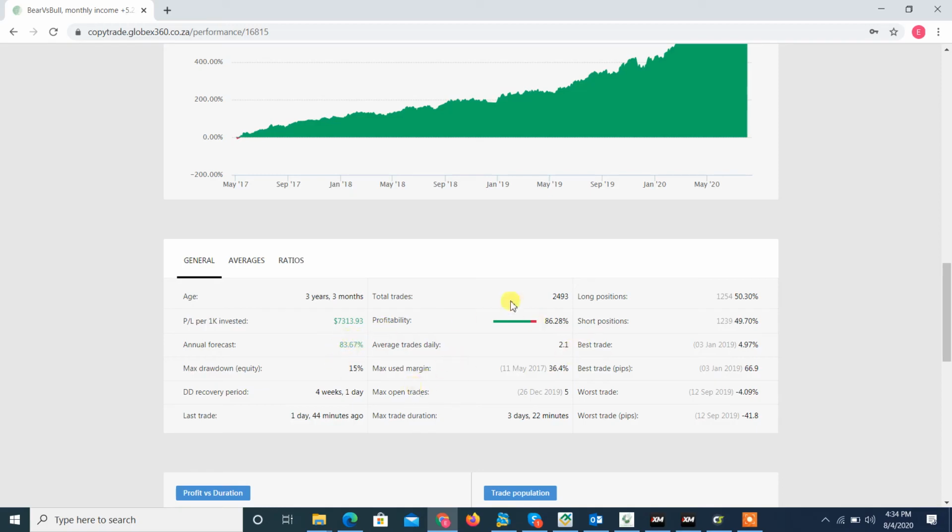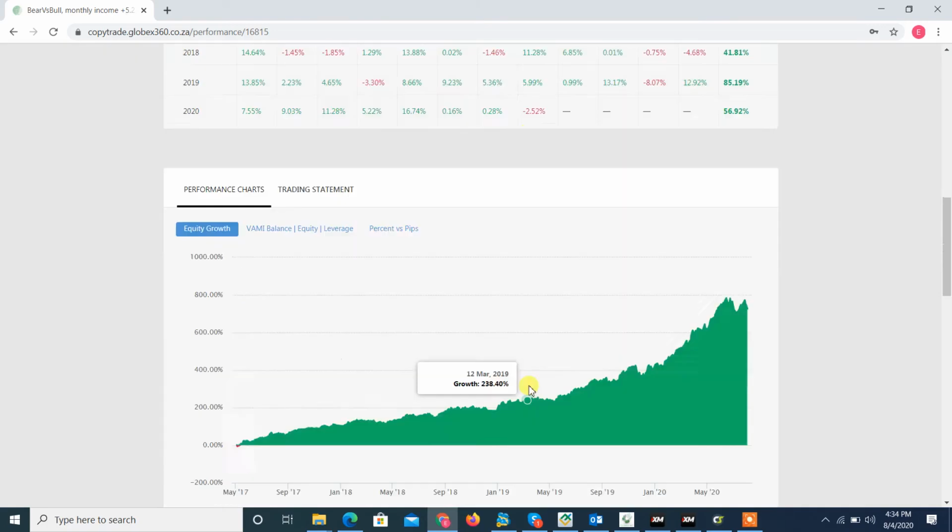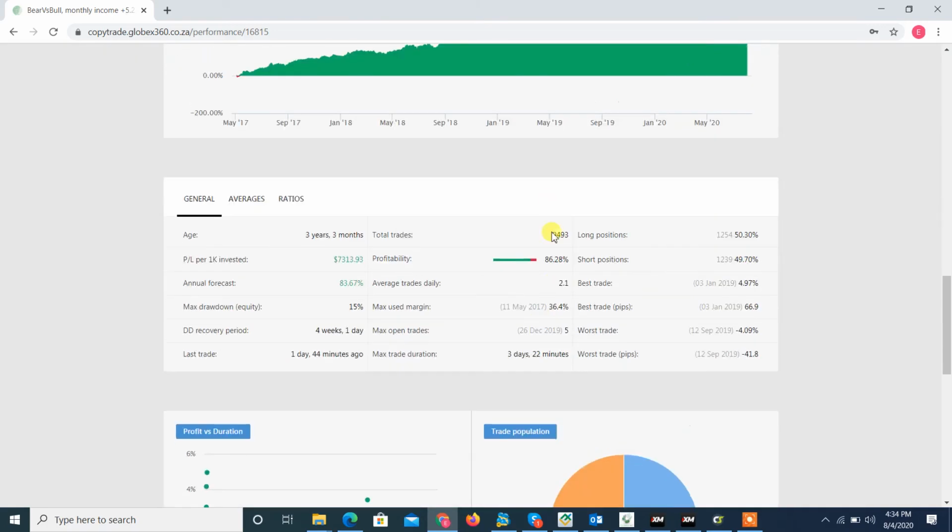And then it gives you a bit more information as to how many trades they've done. So this guy, bull versus bear, has made 2,400, so nearly 2,500 trades. His profitability rate, average trades daily, so he makes about 2 trades a day. His best winning trade has made 4.97% growth, so that's on a single trade, right? And his worst trade has lost